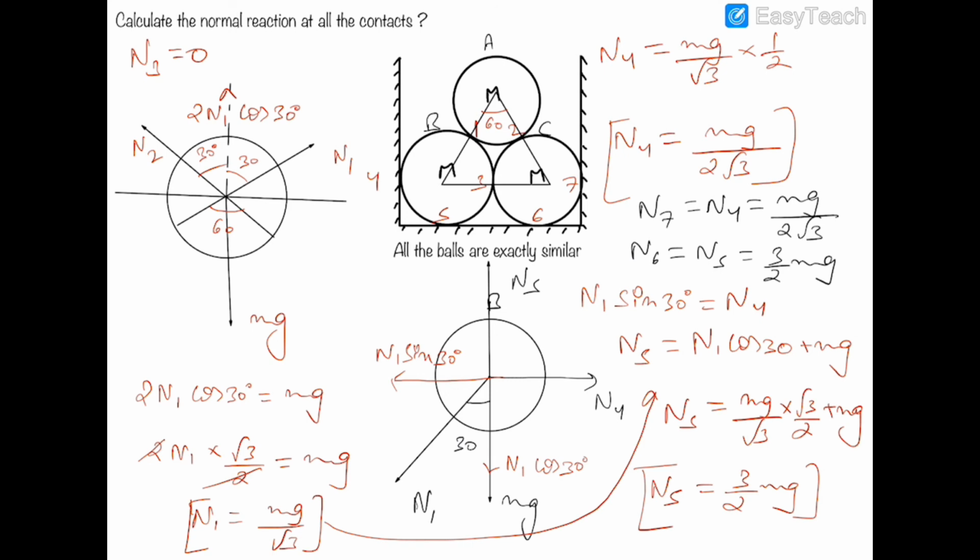So this was the numerical package which is based on type 1 case A. Type 1 is questions based on normal reactions, and case A is the case in which the net force on the bodies is 0. So next, case B will be the case in which the bodies would be moving under the effect of applied forces. So net force in the next cases would not be 0.